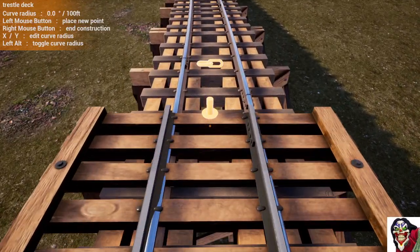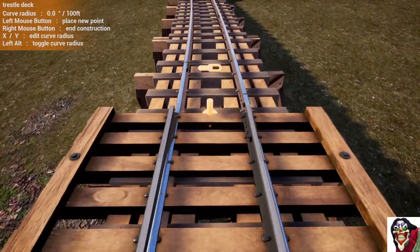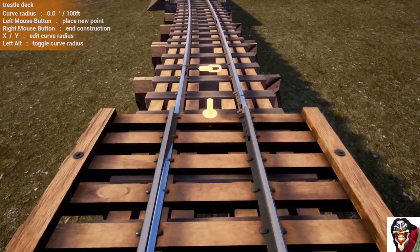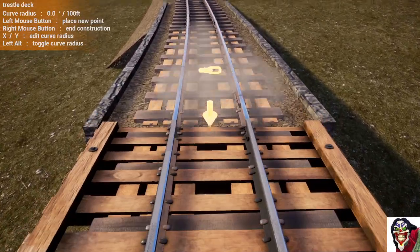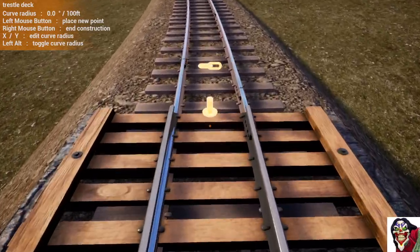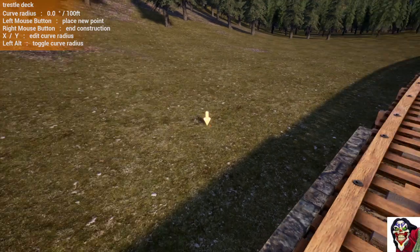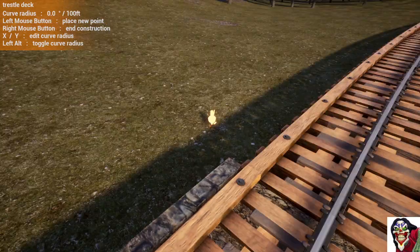All the way down to the end. Two more segments, this segment, and one pass because the last one will get deleted. Now before we right click to end that spline,